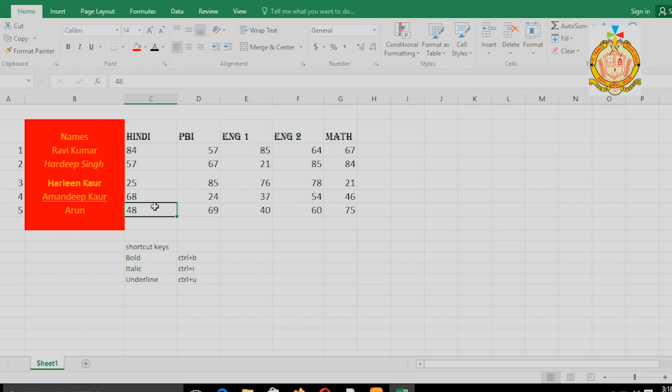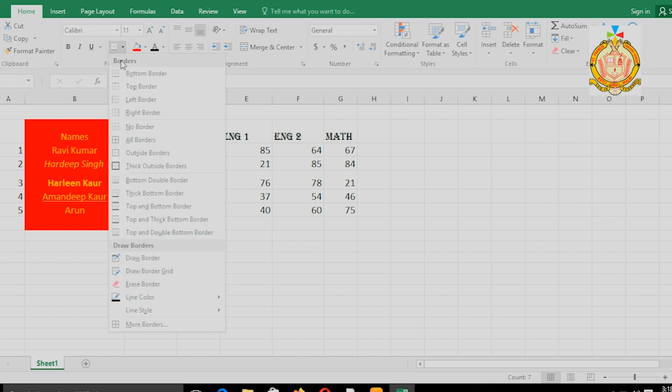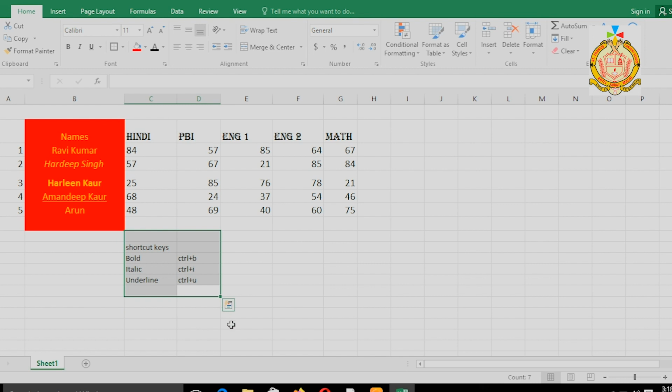Next topic is adding borders. If you want to make a border here, it is very easy. Like I want to make a border on this screen, this shortcut keys. First I have to select. Like this is selected by me, and here we have Border, and you can select any border like thick border. You can see one border is there around the shortcut key.